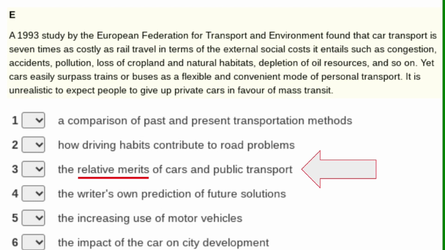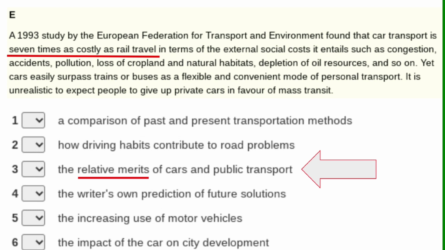A 1993 study by the European Federation for Transport and Environment found that car transport is 7 times as costly as rail travel in terms of the external social costs. So here we have a phrase that is comparing car transport and rail travel. And it's saying that car transport is 7 times as costly, or more expensive, as rail travel in terms of